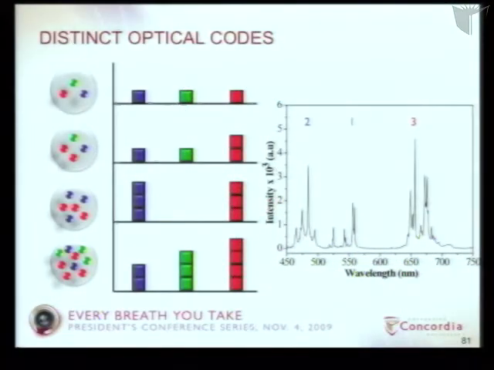And by looking at the optical spectrum, you can have the different ratios, and that will give you a distinct code. So you can, again, imagine producing codes based on the optical properties, based on the ratios between the different lanthanides which are being used, in order to tag certain